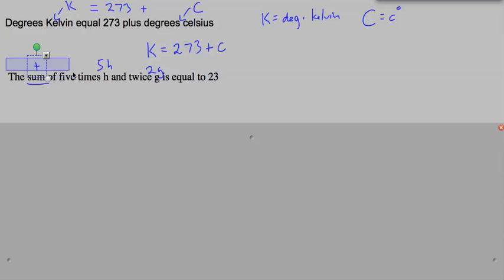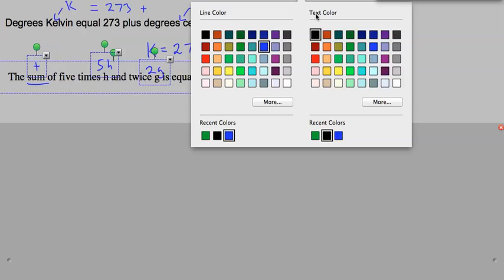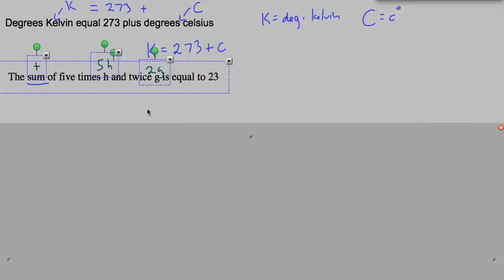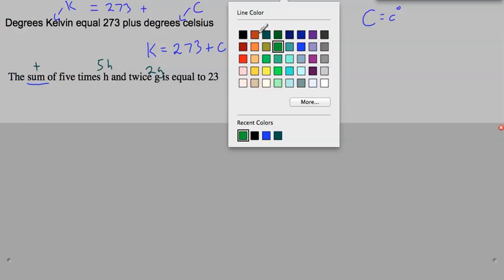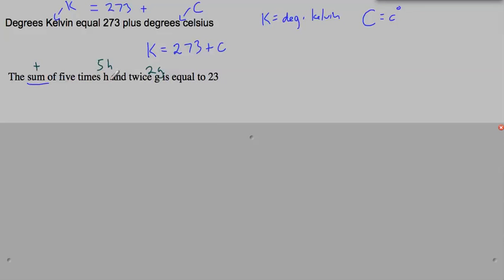You know what, I'll go ahead and we'll change this color over to green. So the sum of 5 times h and twice g is equal to